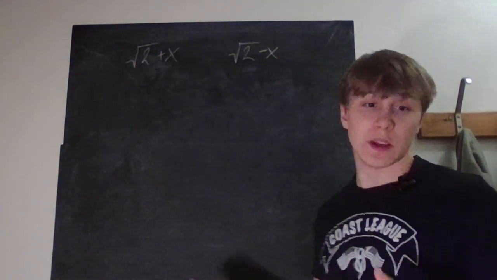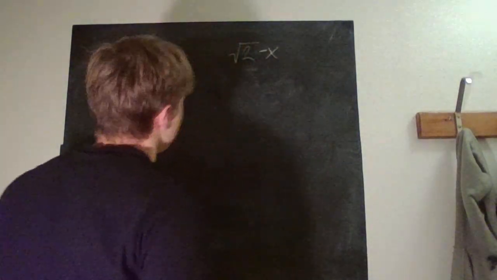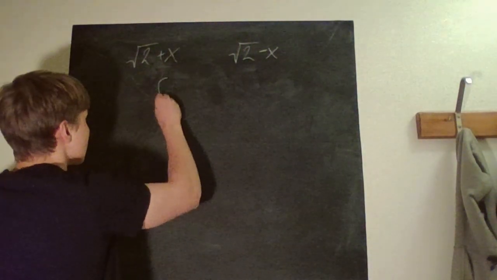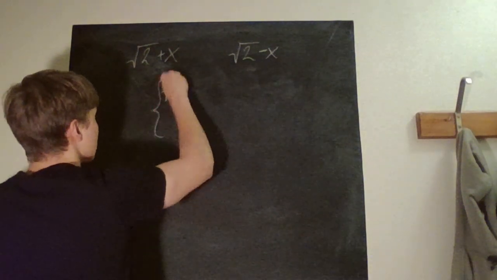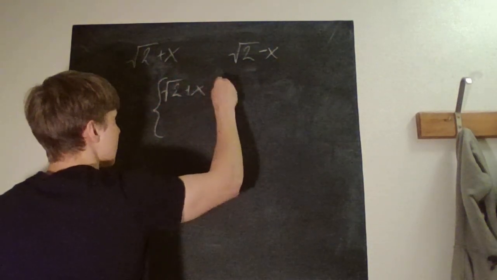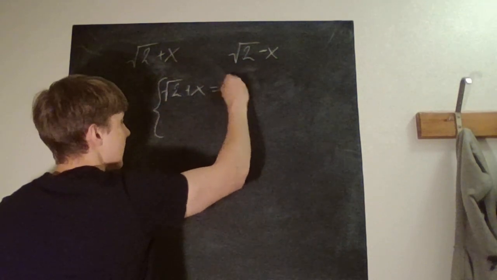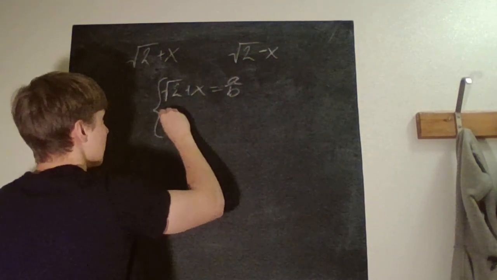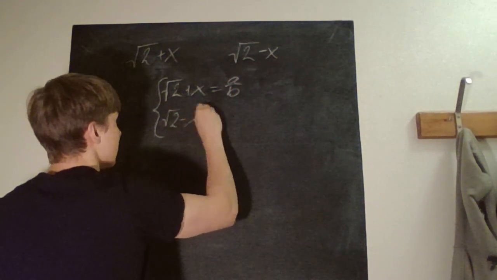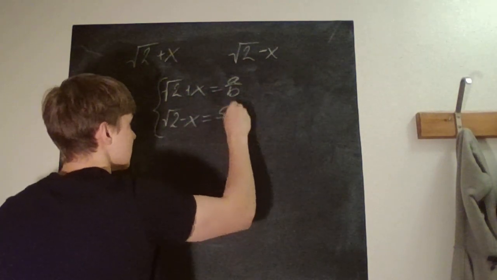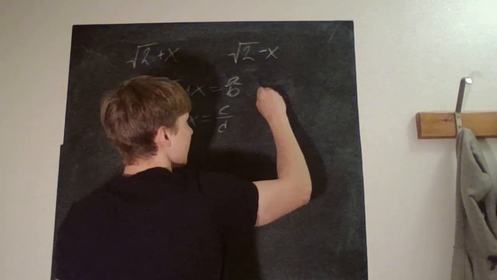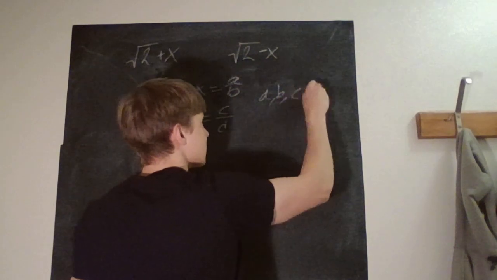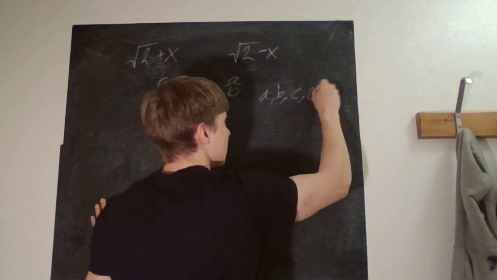Therefore we assume that both are rational, meaning that we can write square root of 2 plus x as a over b and square root of 2 minus x as c over d,